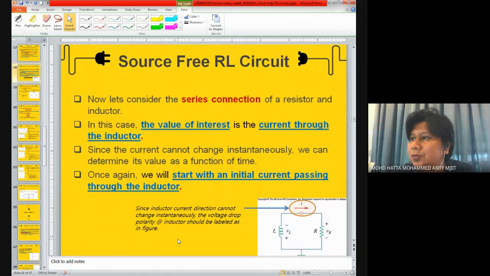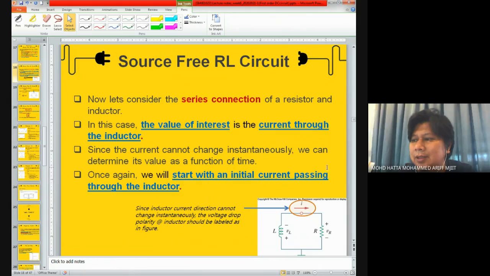Same goes to source-free RL. Okay, source-free RL, if you look here, the way we try to solve it is the same as we saw in the RC circuit. However, here the value of interest is the current through the inductor. And again, we will start our analysis by looking at the initial current